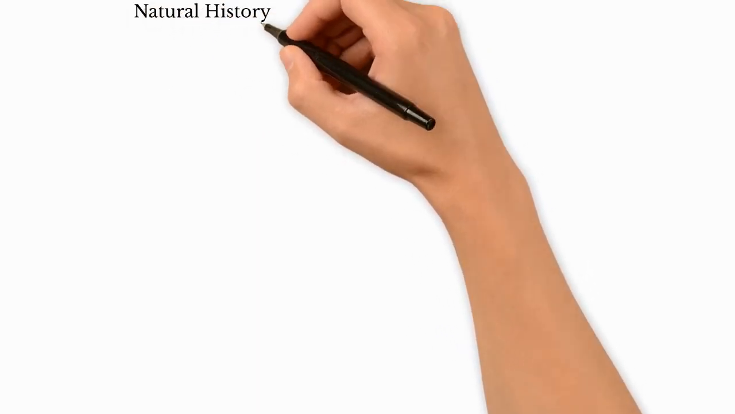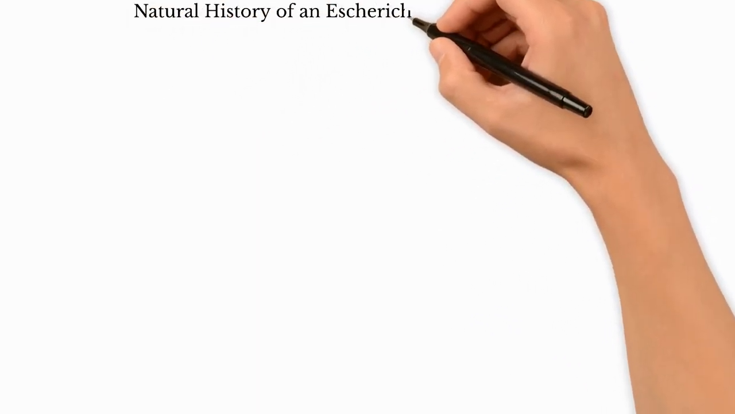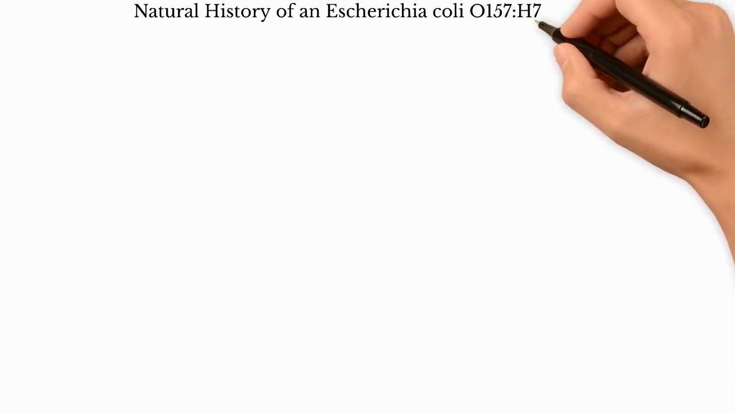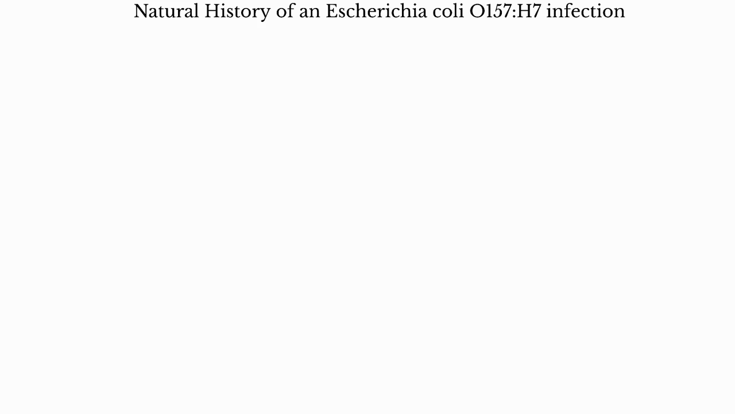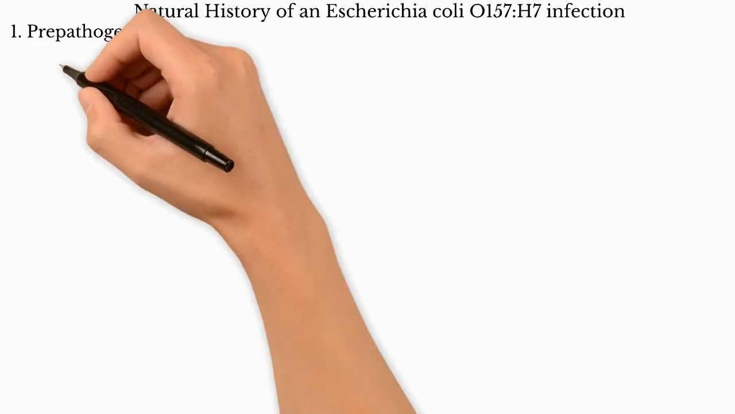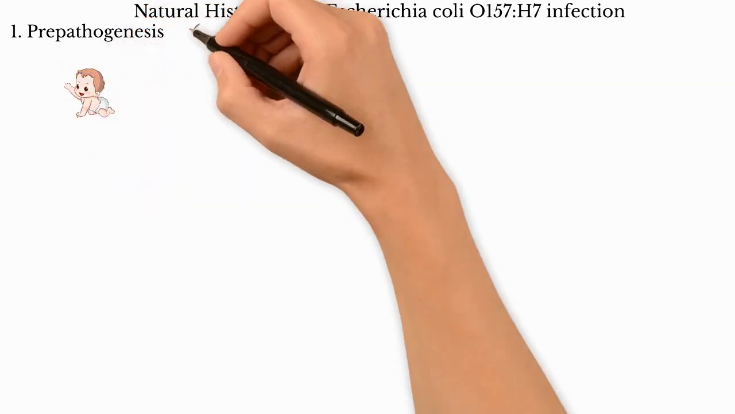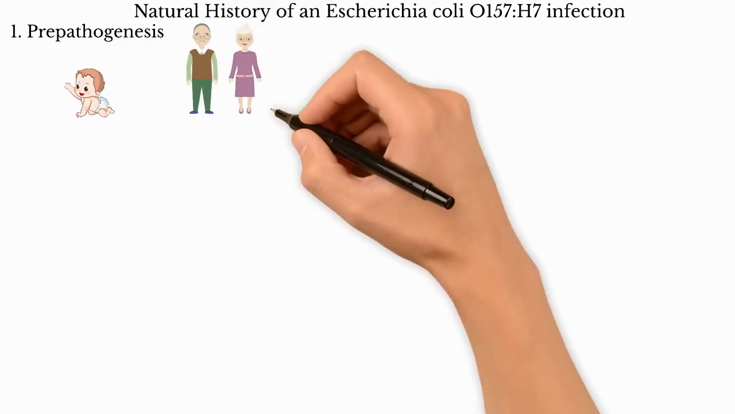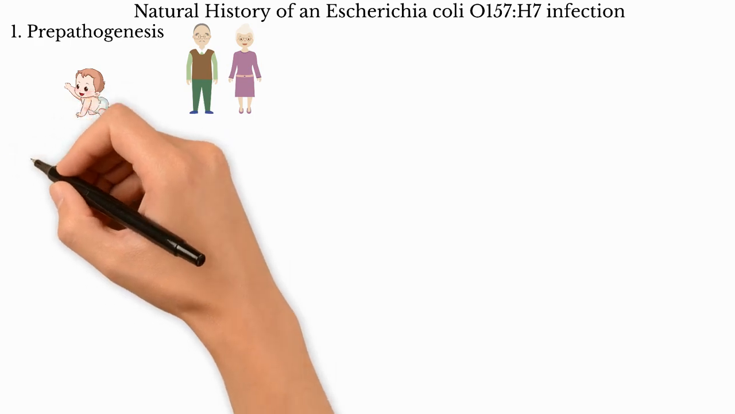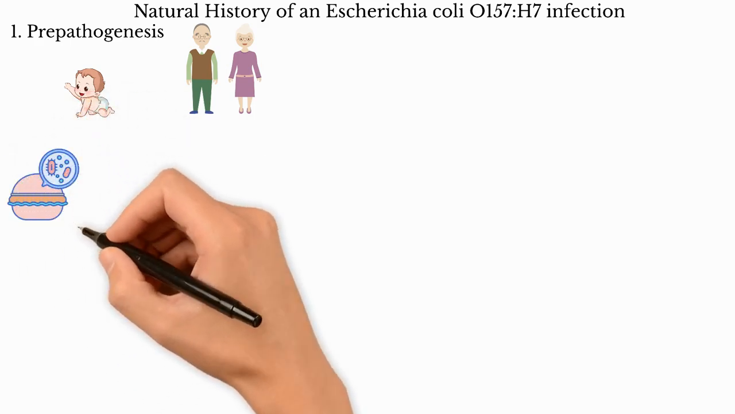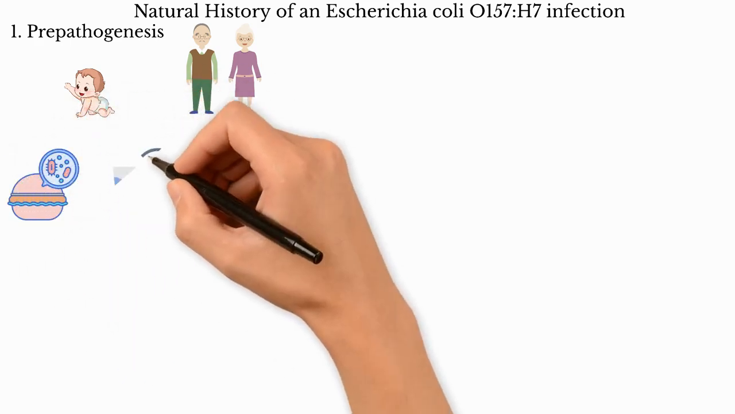Therefore, using the Leavell and Clark model in an E. coli O157:H7 infection, which focuses on the disease progression and prevention opportunities, we can map how the infection progresses and where interventions can be targeted. In the prepathogenesis period, susceptibility is higher in children, the elderly, or immunocompromised individuals. Also, there is ingestion of contaminated food like undercooked beef, raw milk, unwashed vegetables, contaminated water, or poor hygiene practices